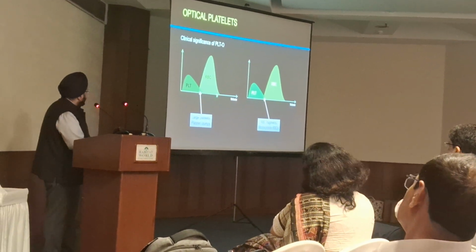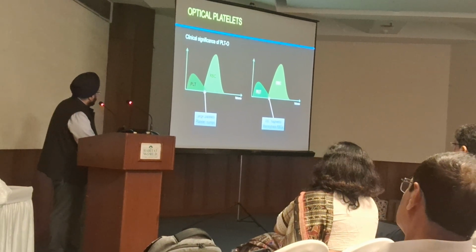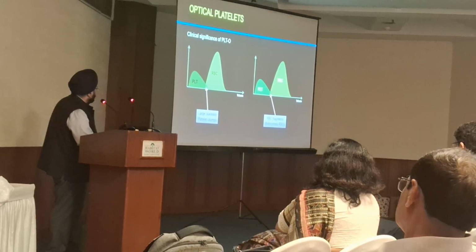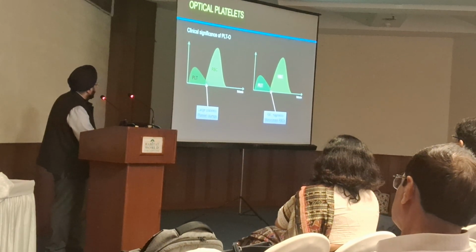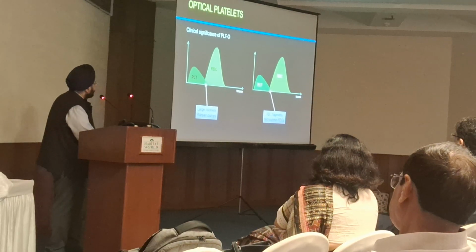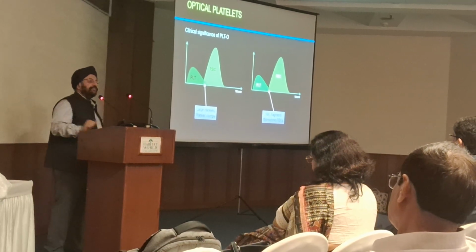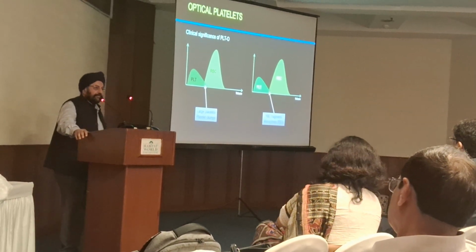So this is the optical platelet, this is the platelet histogram, this is the RBC histogram. So there is this overlap area. These large platelets and platelet clumps are sometimes counted into the RBC. And this is the main problem with the impedance platelet. Because if